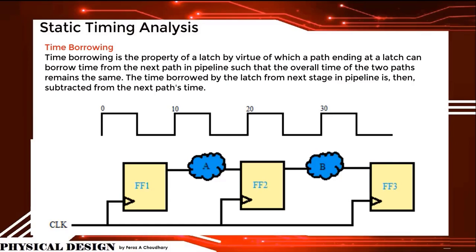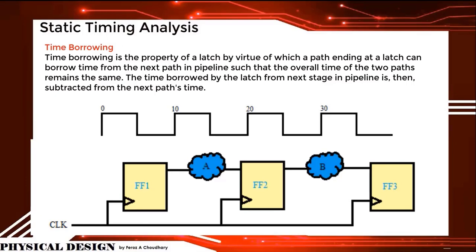We'll consider this for the ideal case, with setup time and hold time of 0. Even clock skew and clock delay are 0. Similarly, if we launch data at flip-flop 2, that is at 10, it will be captured by flip-flop 3 at 20. Now, if the combinational delay has some delay, say 2 nanoseconds, our data will reach 2 nanoseconds late, that is, it will take 12 nanoseconds. So flip-flop 2 will not capture the data.